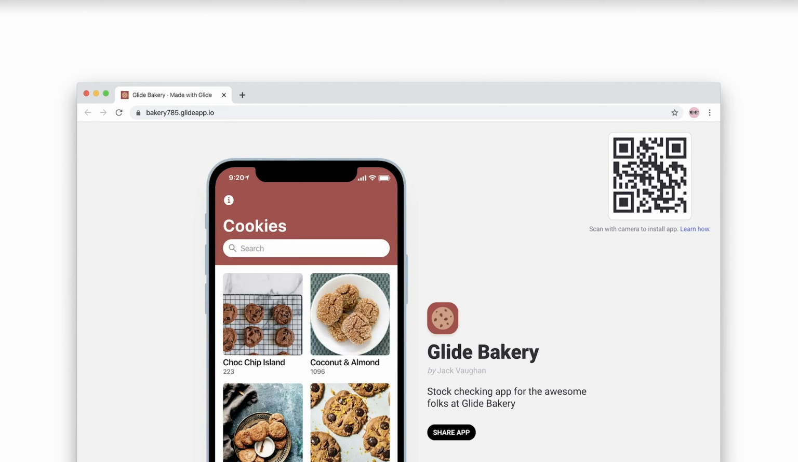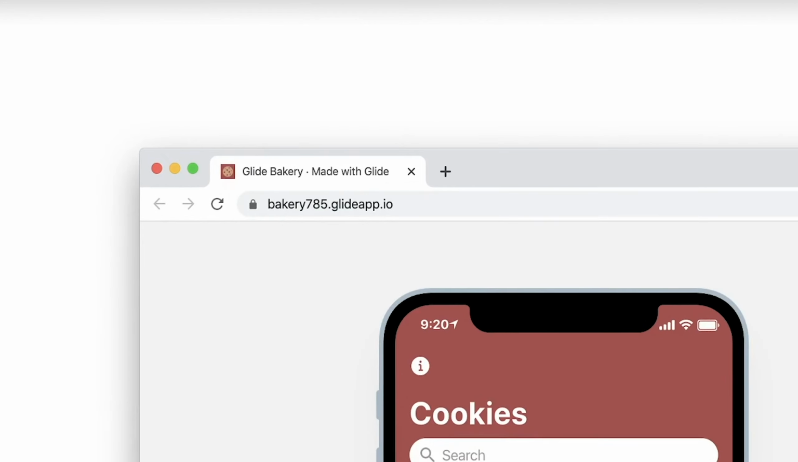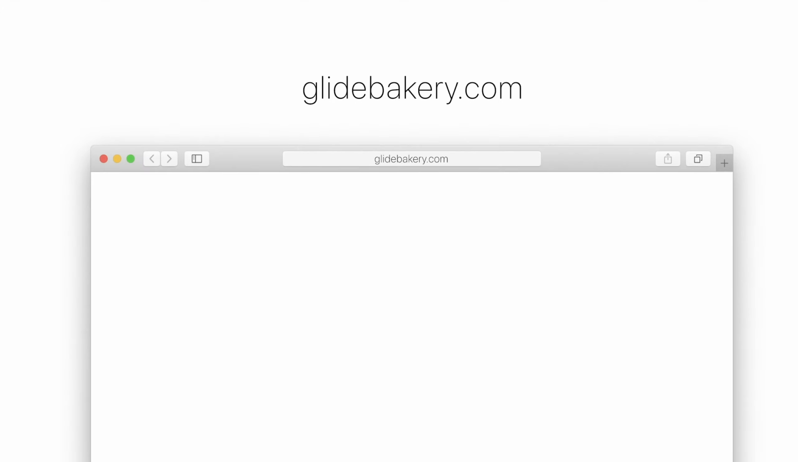With Glide Pro, you can give your app its own custom web address. So instead of going to a domain like this, your users can visit a more personalized domain. Your app can live at the top level of your domain or as a subdomain. It's up to you. Configuring a custom domain is not always straightforward because different domain name providers have different interfaces